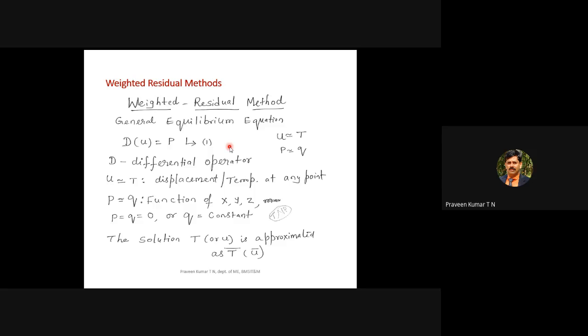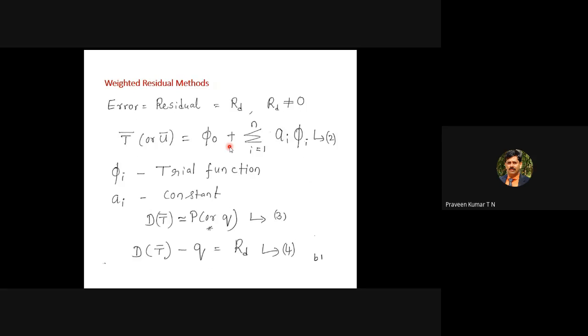So in the finite element method, you will get some error. As far as possible, you have to reduce the error. That difference is referred to as the residual. This is 100 degrees Celsius minus 99, giving 1 degree Celsius. That is nothing but the residual. That residual you have to minimize using the Galerkin function or weighted residual function.